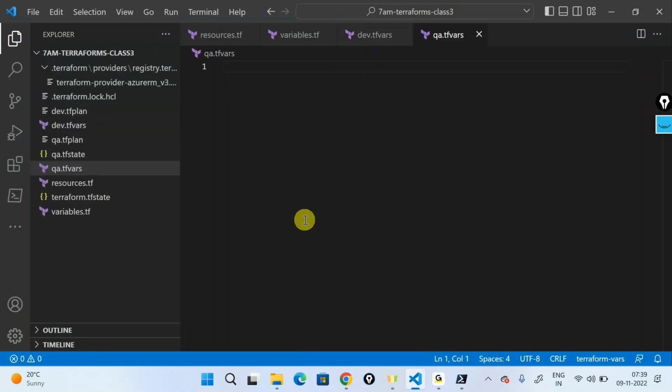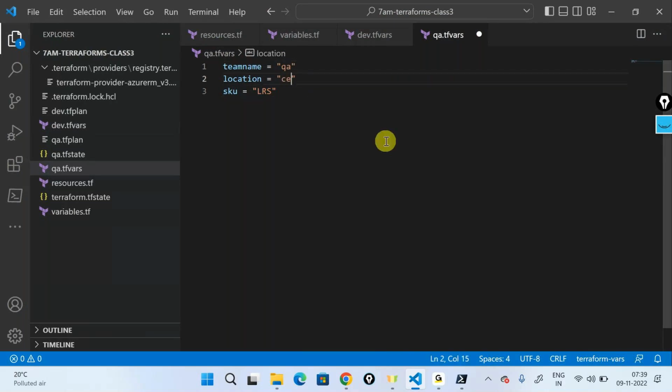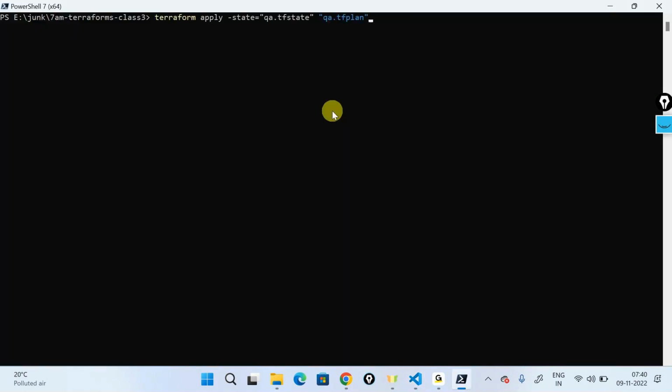So it is tfvars, the variable files. I can say this is QA, this is Central US, something like GRS. And for Dev also, I can create a similar file, qa.tfvars. Now, instead of passing all these things here while planning,